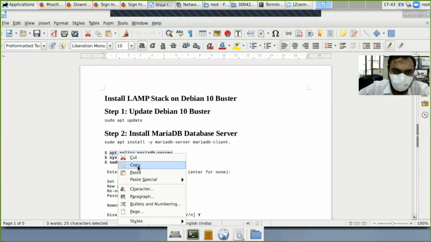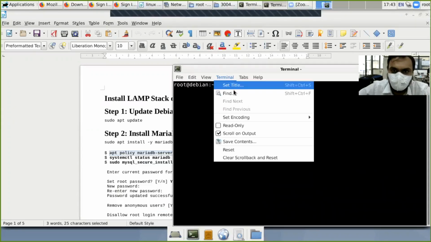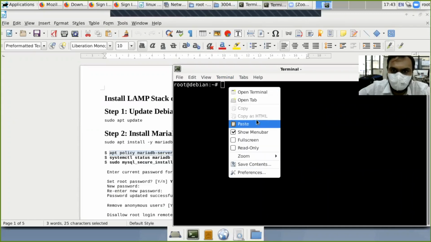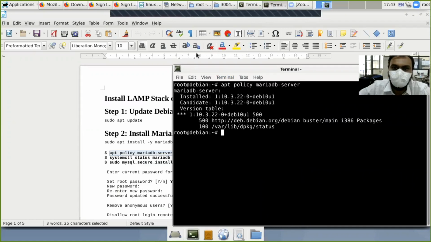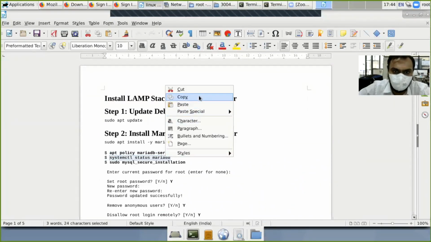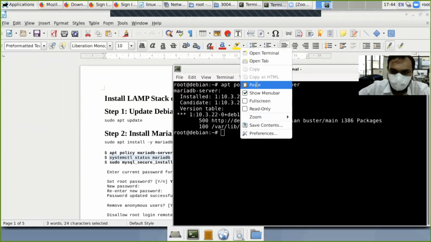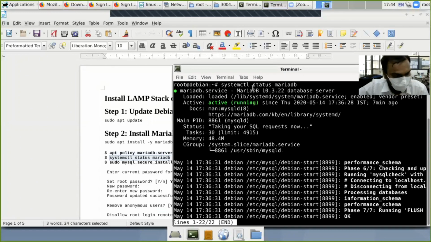Then check the policy of this MariaDB server. I copy it, open the terminal and paste. We can see it is installed now. We can check the status of MariaDB with this. This file you can see in my description, and you can download it and just copy and paste. You can install it step by step.